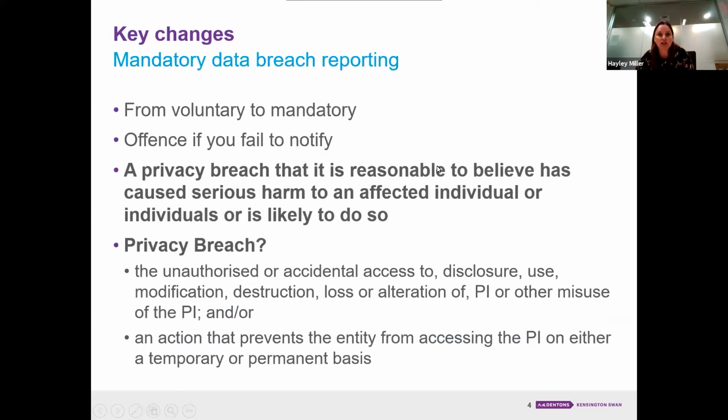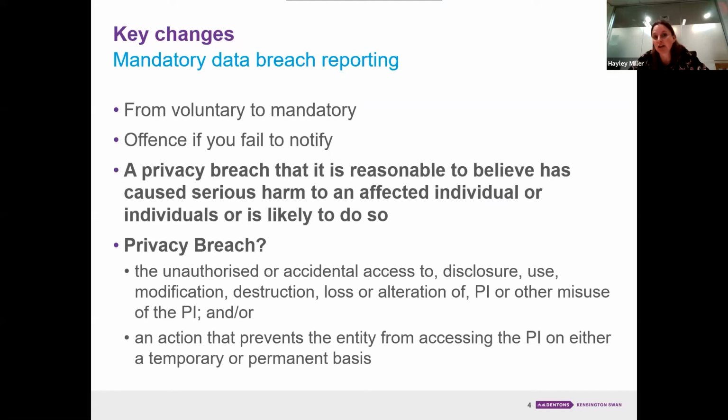So one of the key changes, which I'm sure has been on most of your radar, is around mandatory data breach reporting. Now, in the current context, there's arguably been IPP5 in terms of protecting information, and a voluntary ability to report and talk to the Privacy Commissioner. He's always been open to it in terms of giving advice. And in some circumstances, you should have been telling individuals if there had been a breach, particularly if by not telling them you were likely to cause more damage.